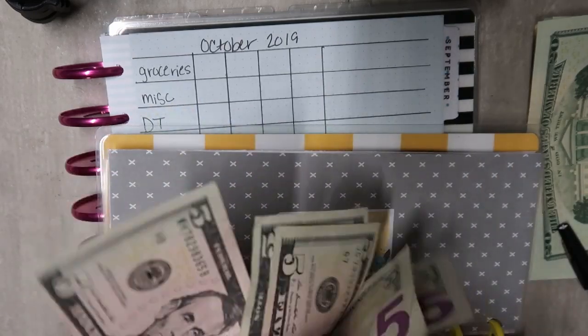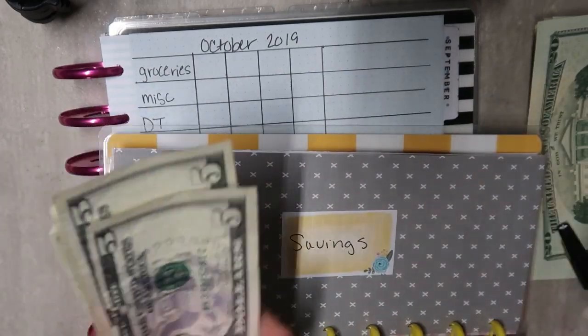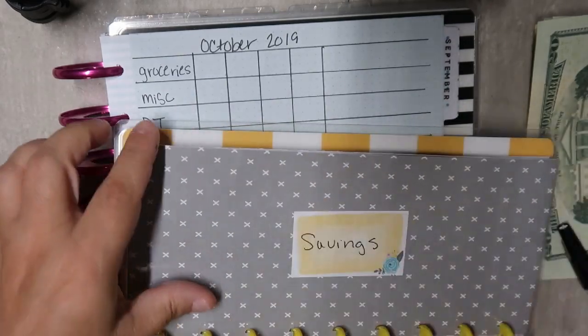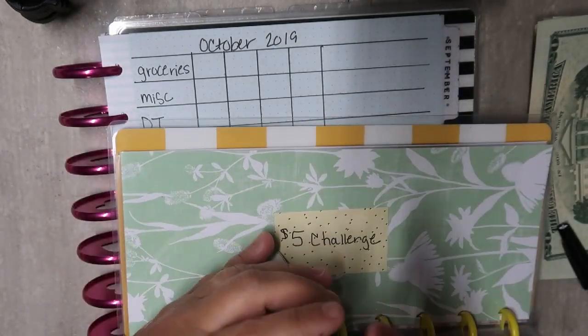5, 10, 15, 20, 25. So all of my $5 together, I have 5, 10, 15, 20, 25, 30, 35, 40. And this is my $5 challenge envelope. And I will